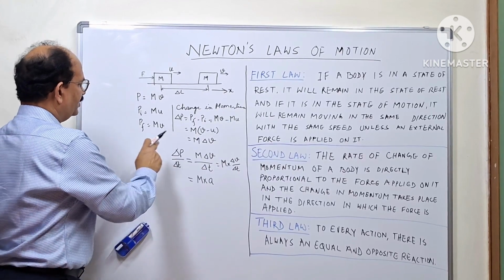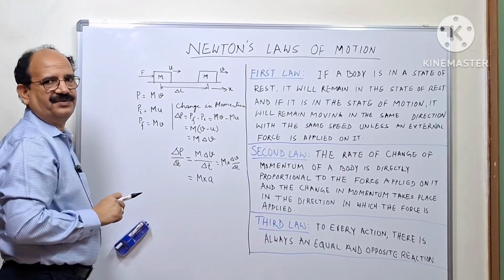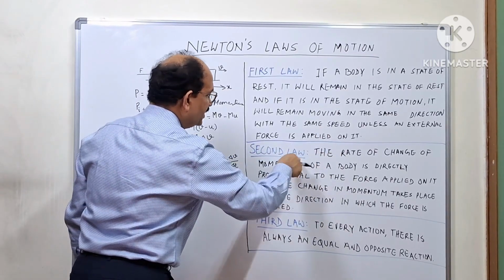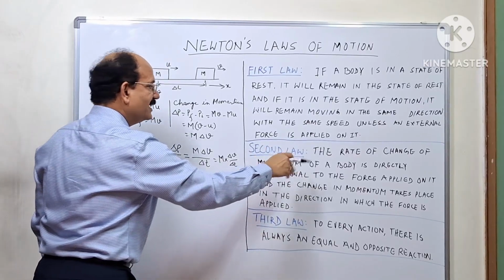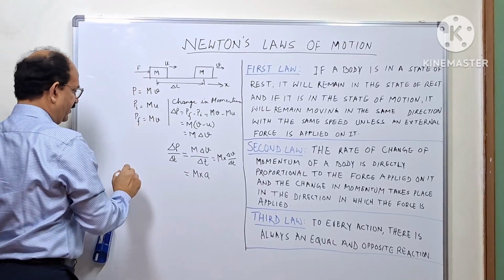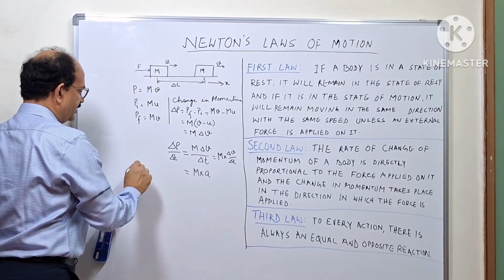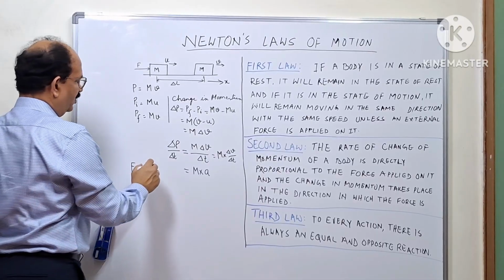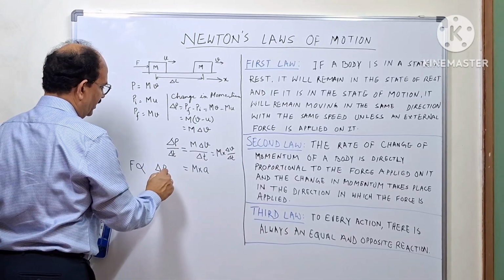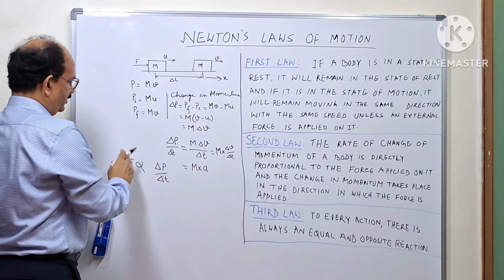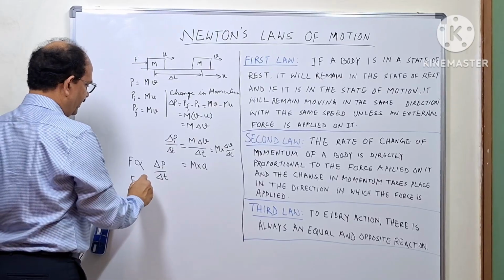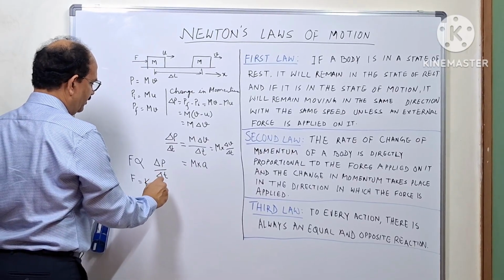The second law says that the rate of change of momentum of a body is directly proportional to the force applied on it. So if you are applying force F on it, it is directly proportional to the rate of change of momentum, that is delta P upon delta T. So from proportionality to equality, I can change it by writing K times delta P upon delta T,